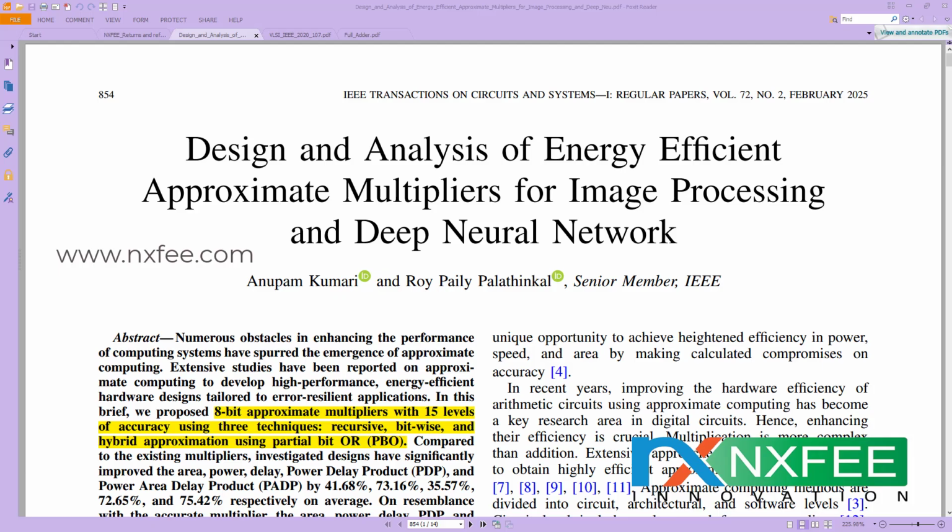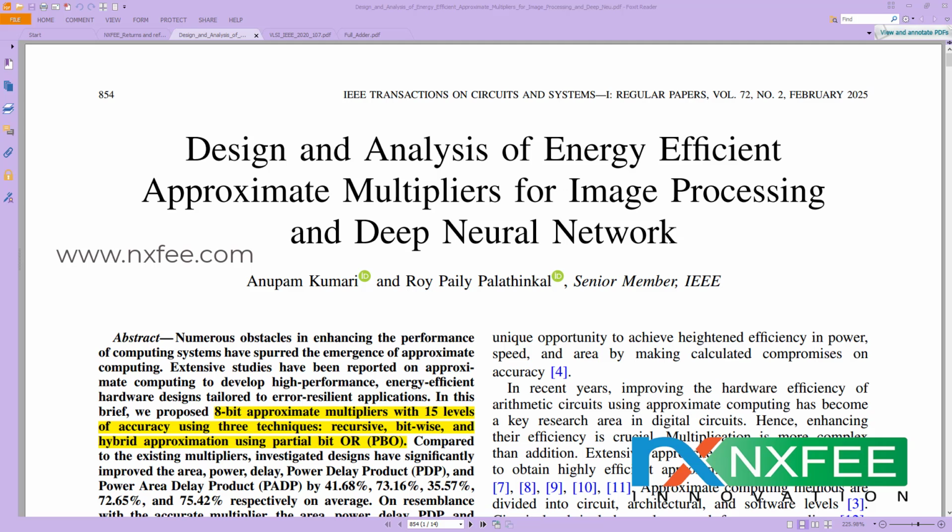Here we are discussing a project, design and analysis of energy efficient approximate multiplier for image processing and deep neural network. Here approximate computing is an effective method to improve the efficiency in applications where exact precision is not critical, such as image processing and deep neural network. This work focused on the design of an 8-bit approximate multiplier using 3 techniques, that is recursive, bitwise and